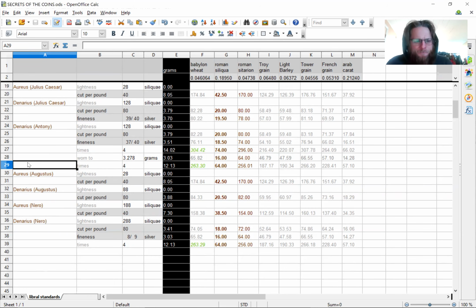They're better coins. You may have heard of Gresham's law, which states that bad money drives out good. There's some detail; it's sort of a rule of thumb. Let's put an asterisk next to Gresham's law, but certainly sometimes it holds true, and here it did. The denarii of Augustus had more silver in them than the denarii of either Antony or Nero, and so those are the denarii that would tend to be melted down, exported.